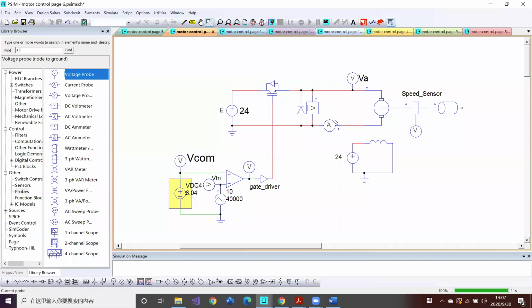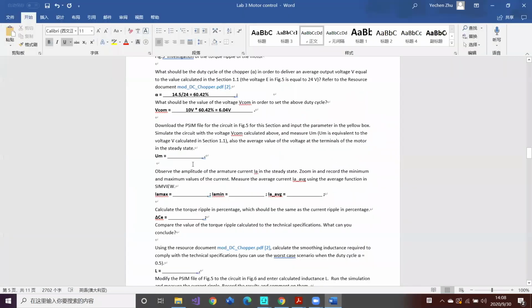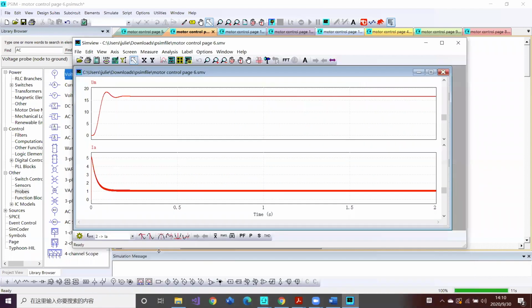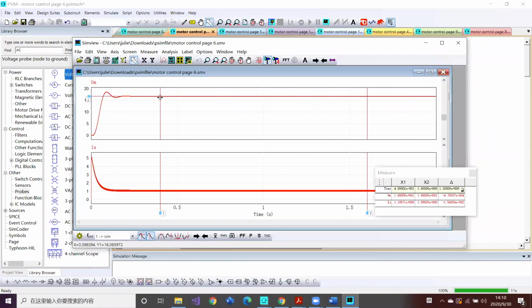Now when you change the value of this VCOM, you put a voltage measurement here, which means you measure the output of your chopper, your buck converter. So try to find the value of this measurement and put the value in here. All right, did you all get the value? I got the value as around